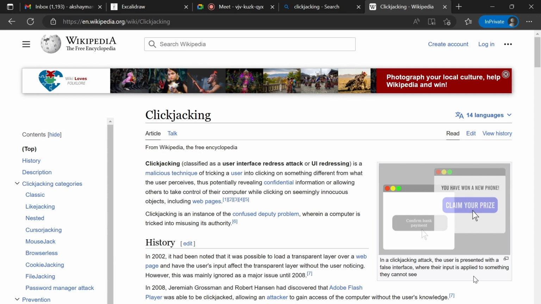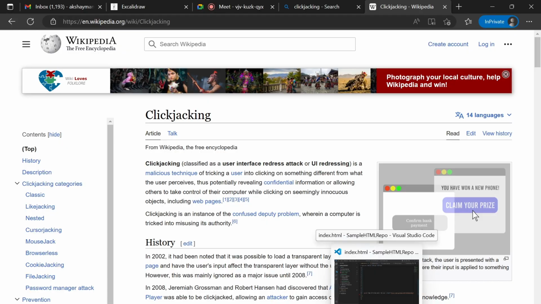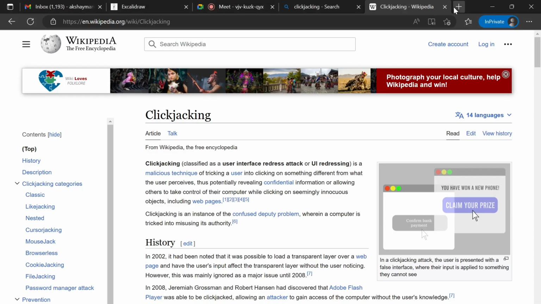Attackers try to create this false interface through iframes, using the vulnerabilities present in your websites. Vulnerabilities means that if you don't follow proper security principles, there will be some security vulnerabilities, and those are exploited by the cyber criminals, who create false interfaces. You put in your data thinking you are interacting with some other element, but behind the hood you are interacting with their false content. So this is a security concern with iframe tags. With this, other things are also there, so I will share another thing with you.